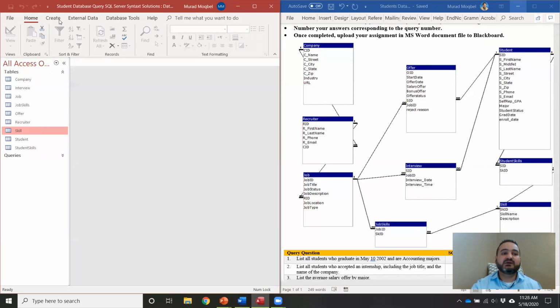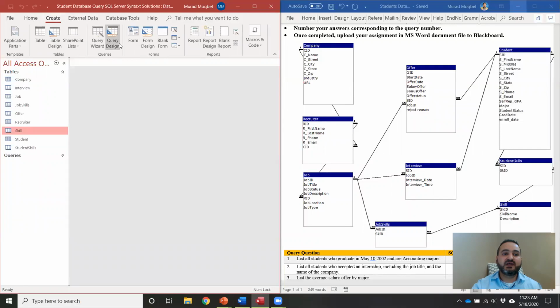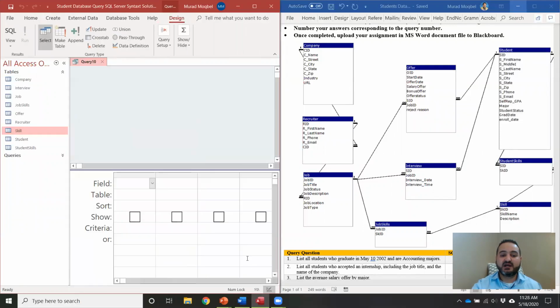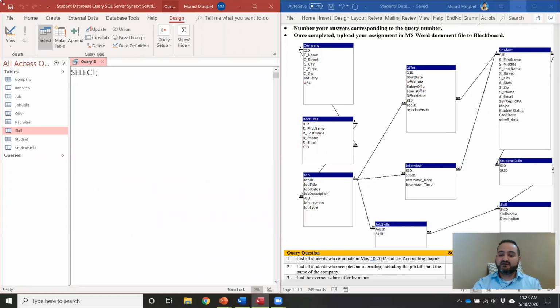To do that, I will need to go to Microsoft Access, create, and then query design, close out of this, and then go to the SQL view here on the bottom. So now I have this canvas, and I can start typing. They said list all students, but they didn't specify what. I think what is really relevant from the student table is the student first name and student last name. So I'll put S underscore first name, comma, S underscore last name, and then from student table, from student,